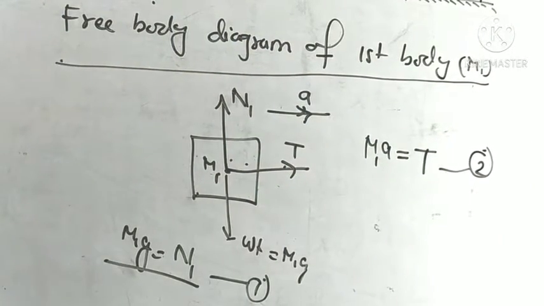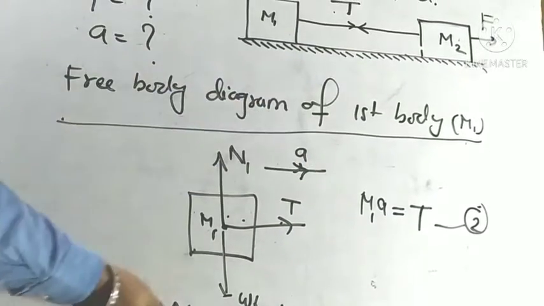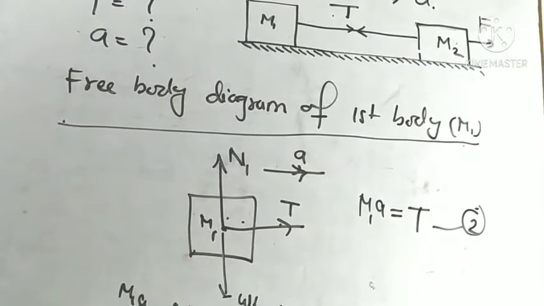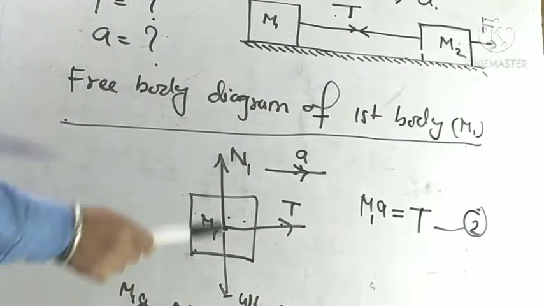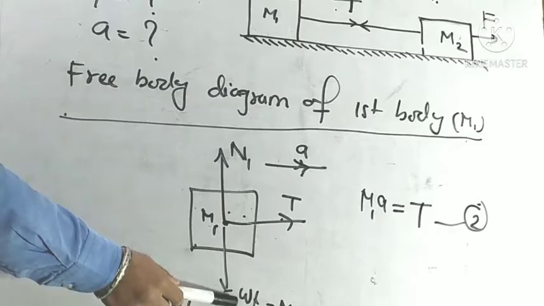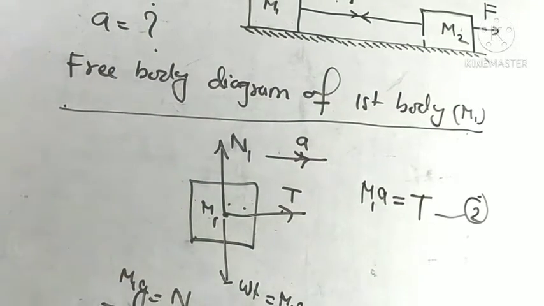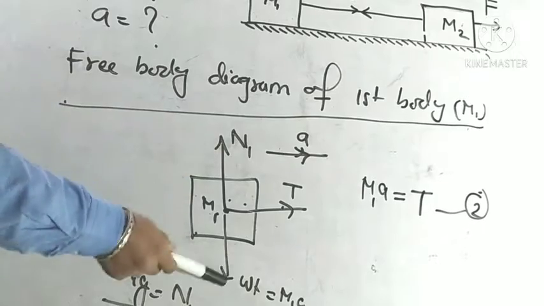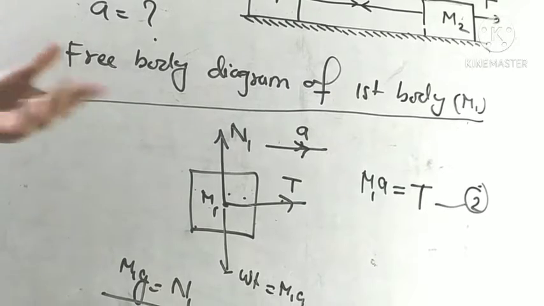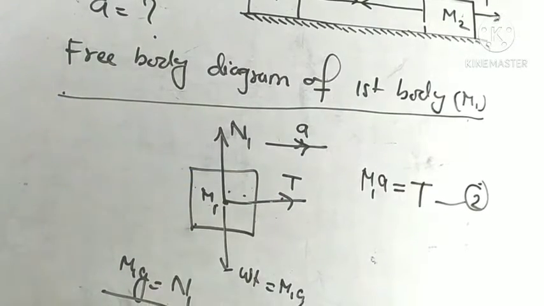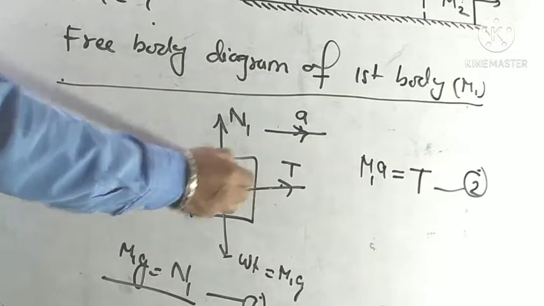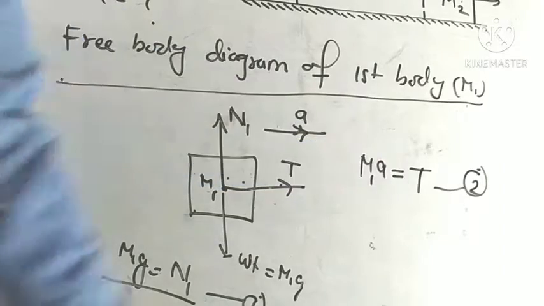Here we discuss the free body diagram of the first body, having mass m1. There are three forces working on this body: weight working vertically downward, normal force working vertically upward, and tension T in the string. The weight and normal force have the same magnitudes but work in opposite directions, so they cancel each other, I mean balance each other, and only the tension T in the string remains, due to which this body moves right hand side with acceleration a. So the net force on this body is m1a equal to T.